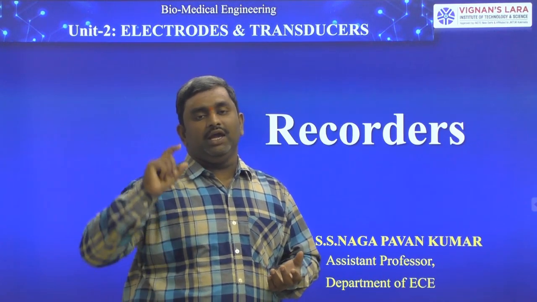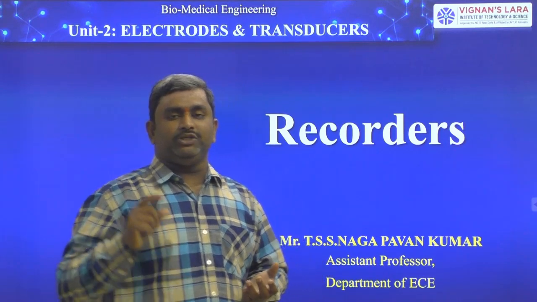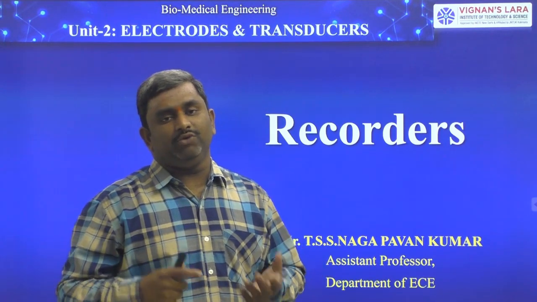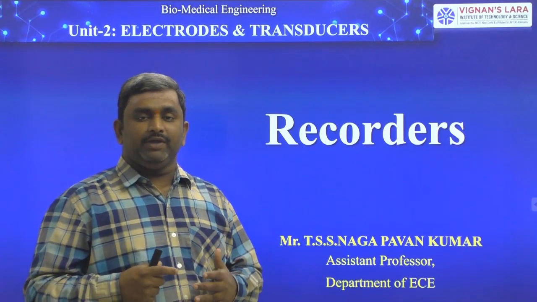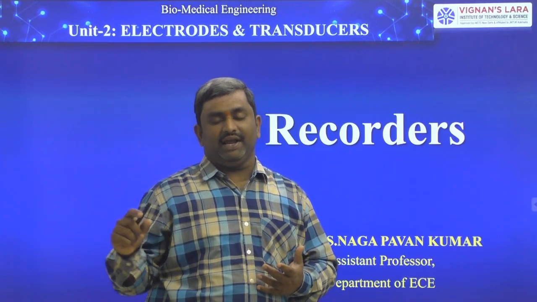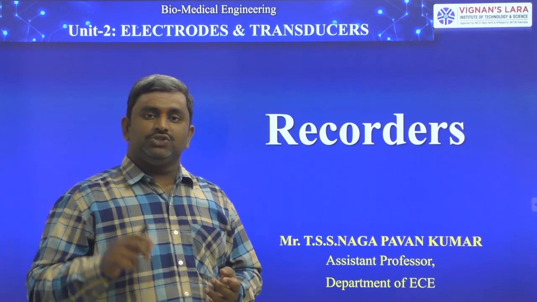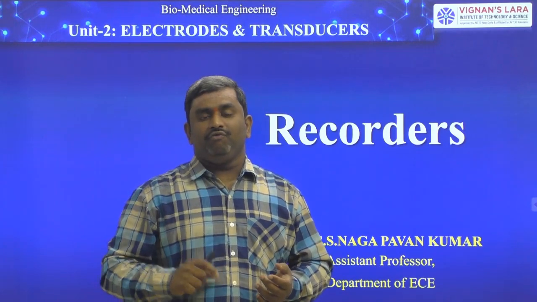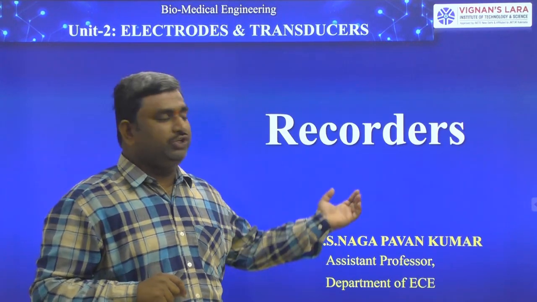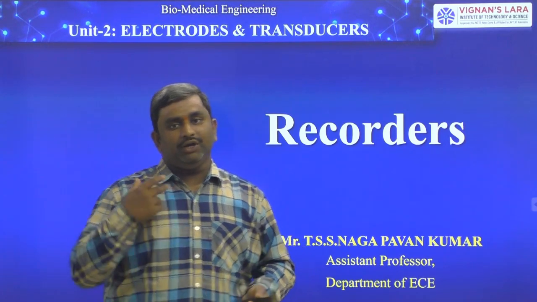If you want to see the behavior of the heart, we use a continuous monitoring display. In the display, you will get one waveform. Based on that waveform, you can say that your heart is working perfectly or not perfectly, like we are saying by seeing the graph. The graph is called an electrocardiograph. If you want to print this electrocardiograph on paper, you need a machine. That machine is called a recorder.